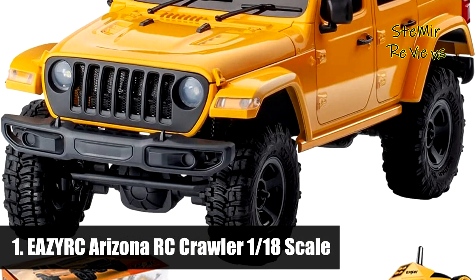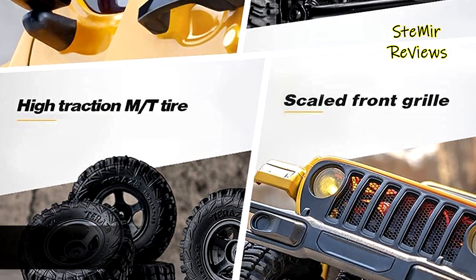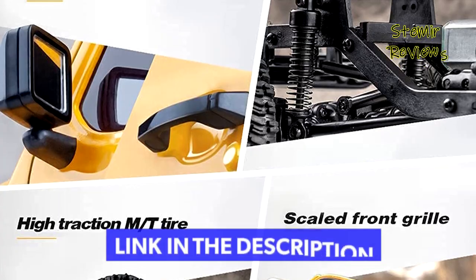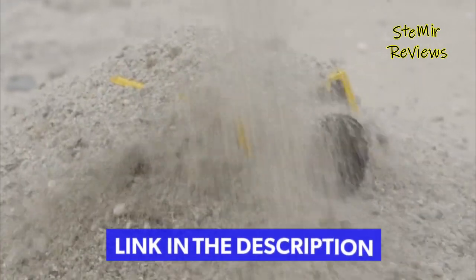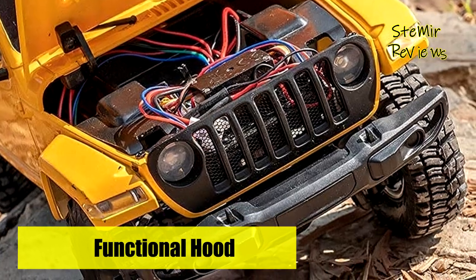The number 1 product is part of the EAZYRC brand. True, full-time 4-wheel drive, the RTR remote control truck can gain strong power and a marvelous protection from collisions and a great increase on minimum safe dropping altitude. The tough all-season rubber tires help to conquer all terrains easily and grip the land strongly, which ensure a smooth